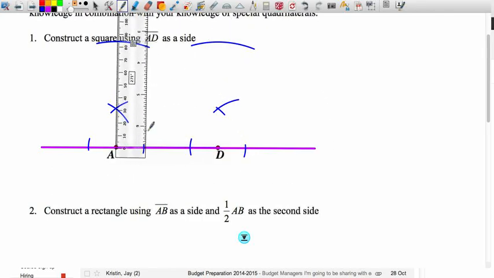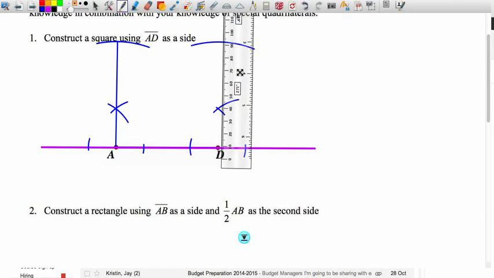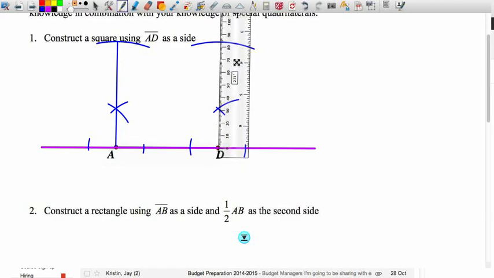Okay, and so what I'm going to do is go from point A through the point of intersection that creates my 90-degree angle and stop at the arc, which will guarantee the length is the same as well. And so we'll do that. And likewise on the other side. Let's get my ruler to align, and then